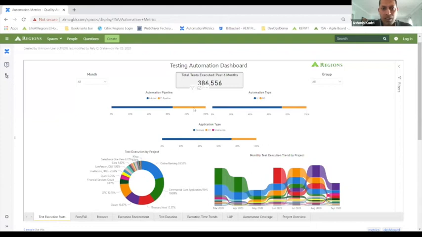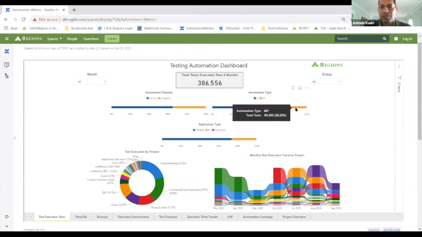And on these pages, I can see what is the proportion of tests that are run from the CI pipeline versus the ad hoc tests. This proportion is important for us because we want more and more tests to be triggered from the CI pipeline. When we started the year, this was around 2 or 3%, and currently it's at 34%. So we are happy to see that trend grow.